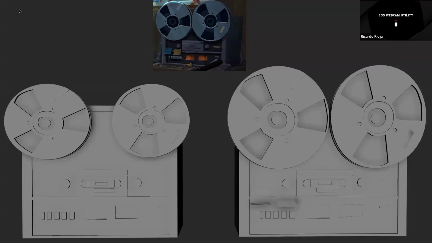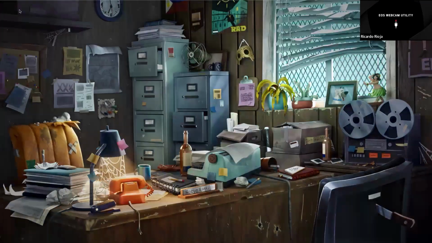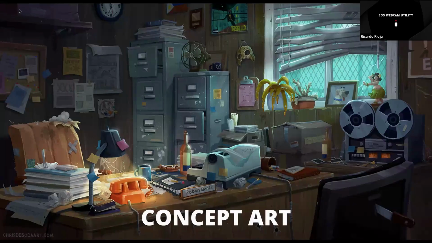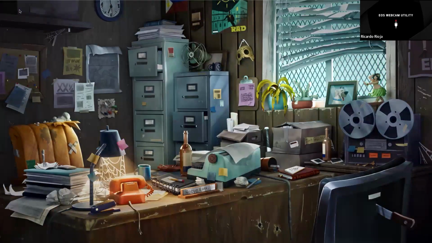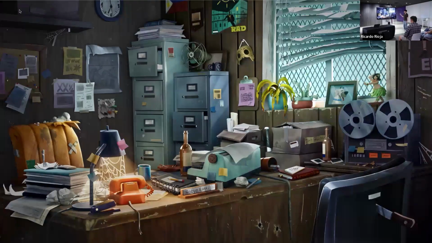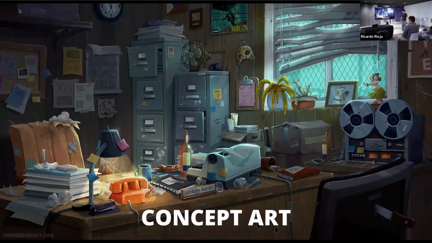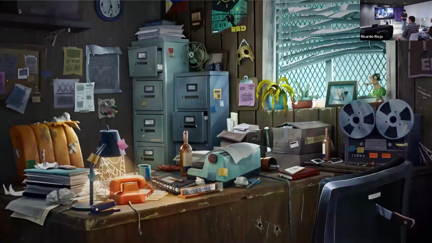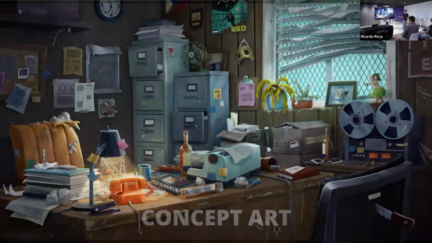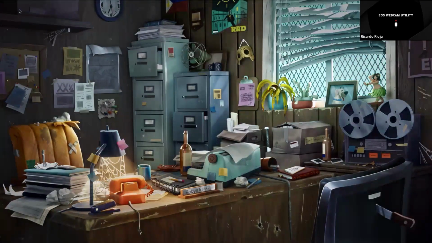And us artists, in assets, most of the time we are looking at concept art, right? So I wanted to show this video of me matching the concept art. This is my final piece, and this is the concept art that I was looking at. As you can see, it's pretty close. I still could have gotten some things to match a little better, but it's almost spot on in my opinion. So yeah, this is a very good skill to have, and I've been told it's very noticeable. It makes you stand out.